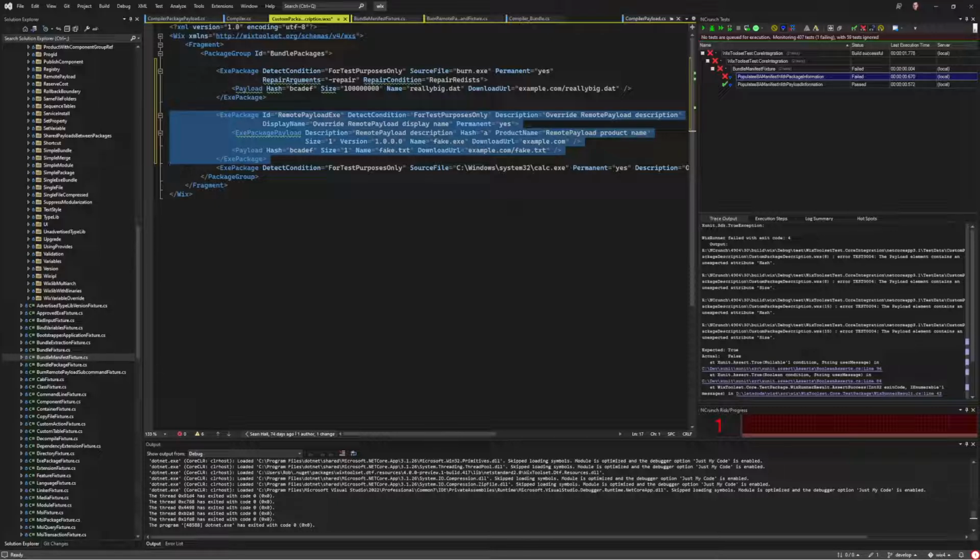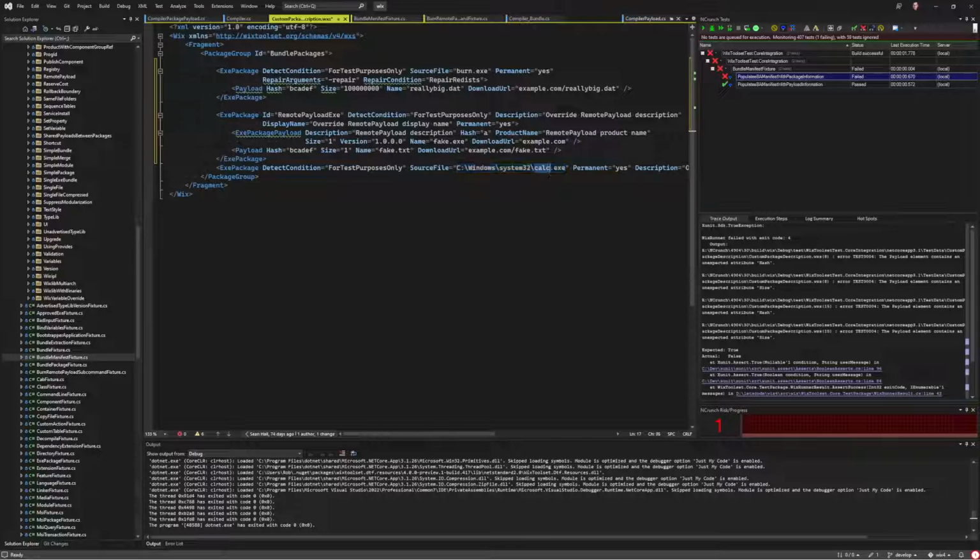Probably should have clarified this at the beginning. When we say the word remote payload, that doesn't necessarily mean that it's on a network share or on a URL or whatever. The main thing it says about remote payload is that it is not available at build time. At build time, if you have availability of the file, for example, in this case, we're stuck at calc.exe, which is very interesting,